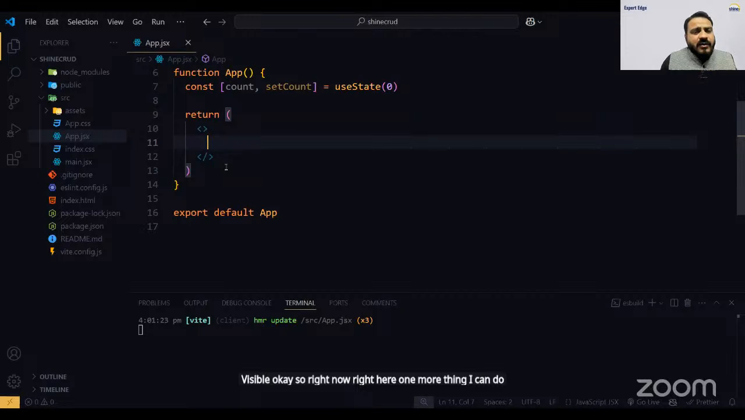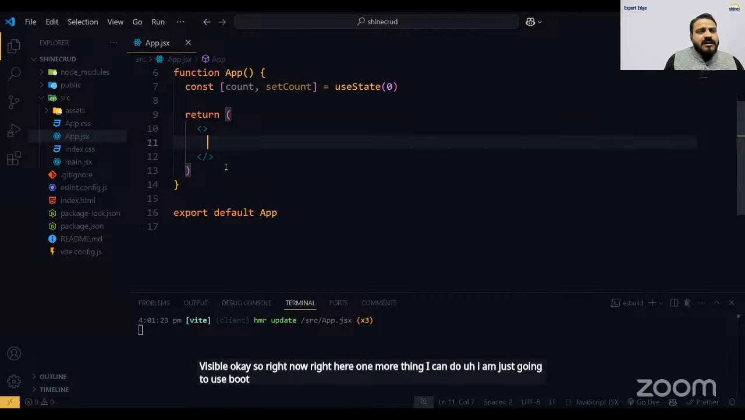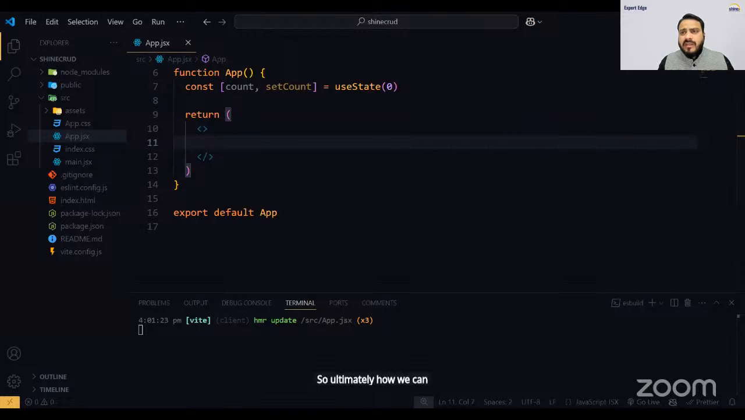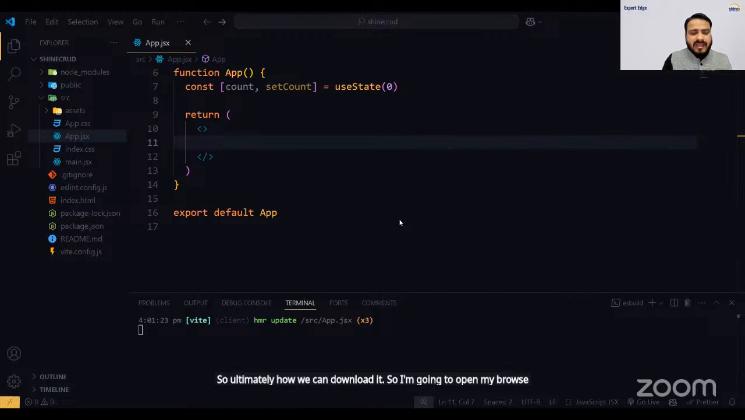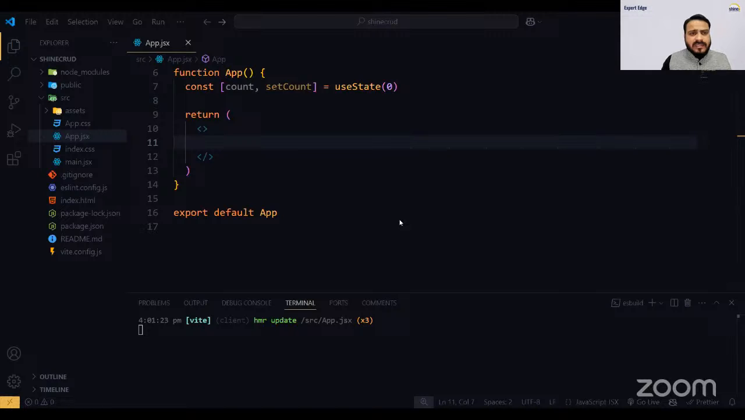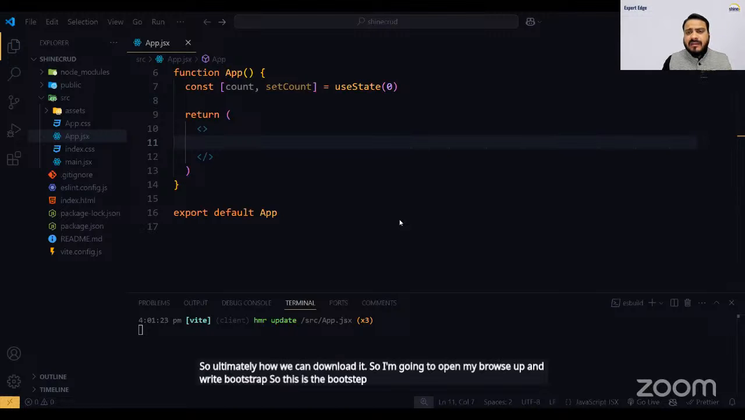So right here, one more thing I can do. I am just going to use Bootstrap for CSS. I'm not going to write CSS internally, so I'm going to use Bootstrap in that case. So ultimately, how can we download it? I'm going to open my browser and write Bootstrap. So this is the Bootstrap official website where we can